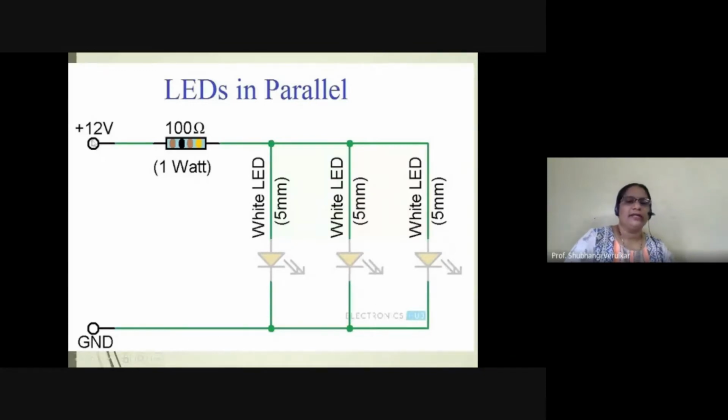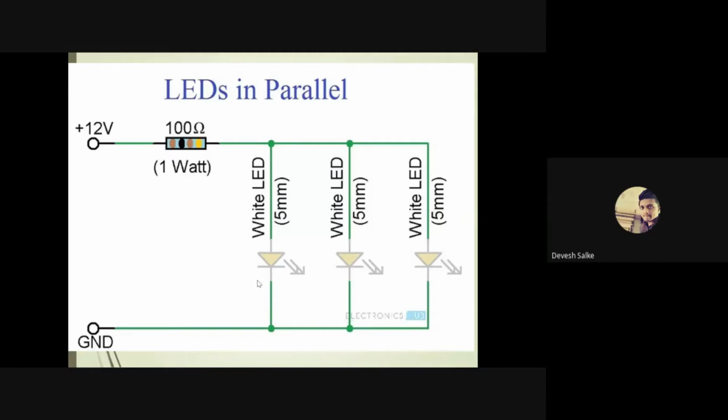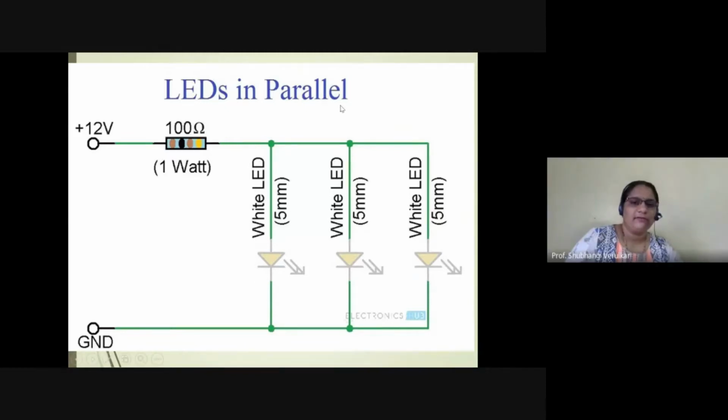So you have to identify that in a series circuit, what is common: is the current flowing or the voltage constant? That concept I think you must know, or if not, just revise the point once again. What is constant here? Voltage is fixed or current is fixed? Anybody can tell me in a parallel circuit? Voltage. Perfect. And the currents flowing are different.